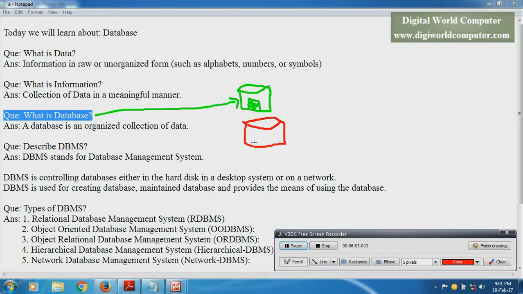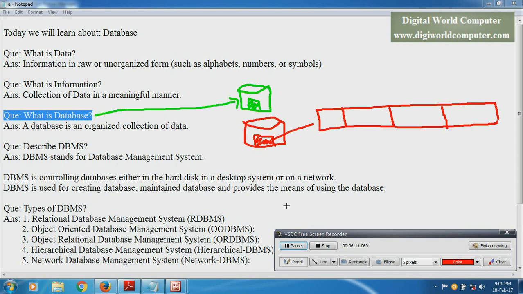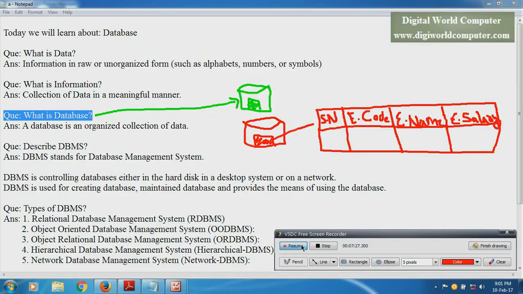RDBMS is also stored in a file like this, but this file is stored in a table format. Here we store the information in a table format, like we store serial number, employee code, employee name, and employee salary. If we want to fetch the information of 20,000,